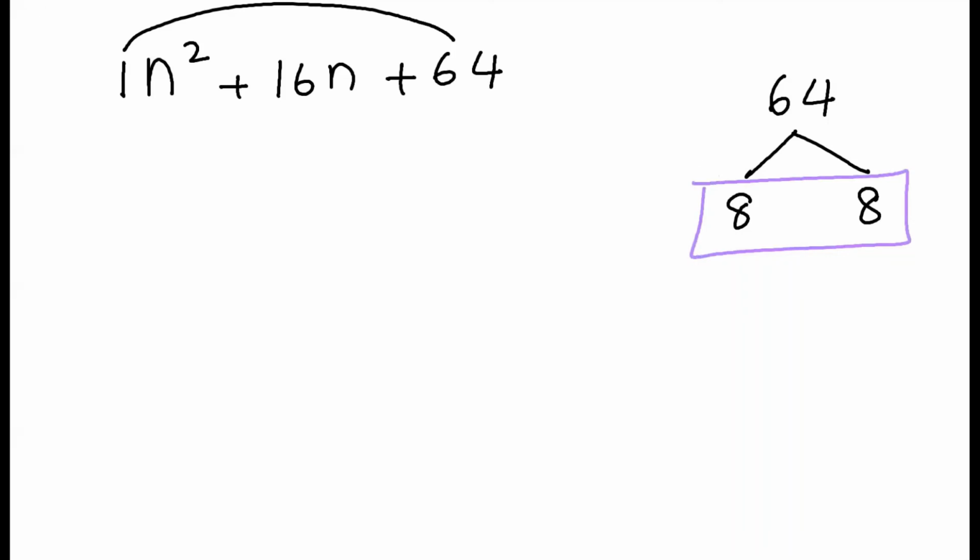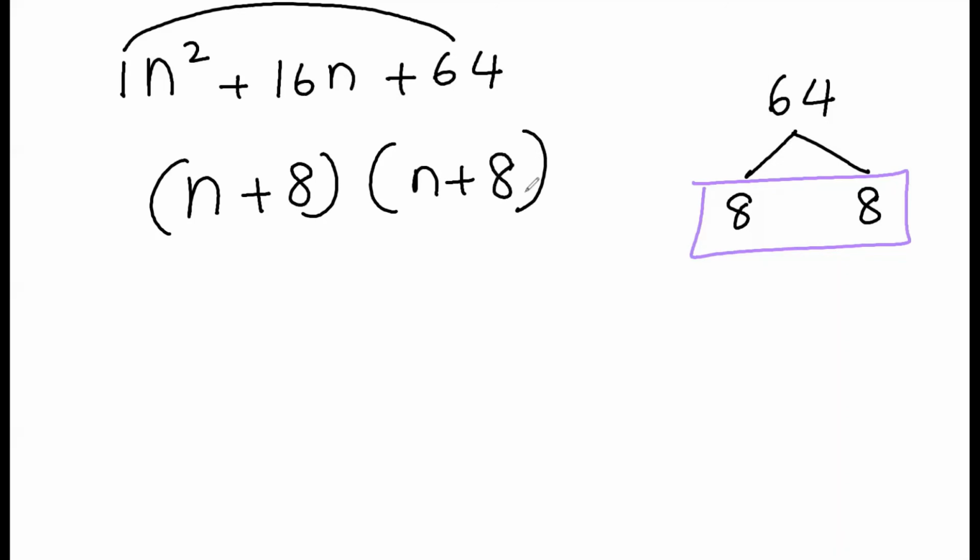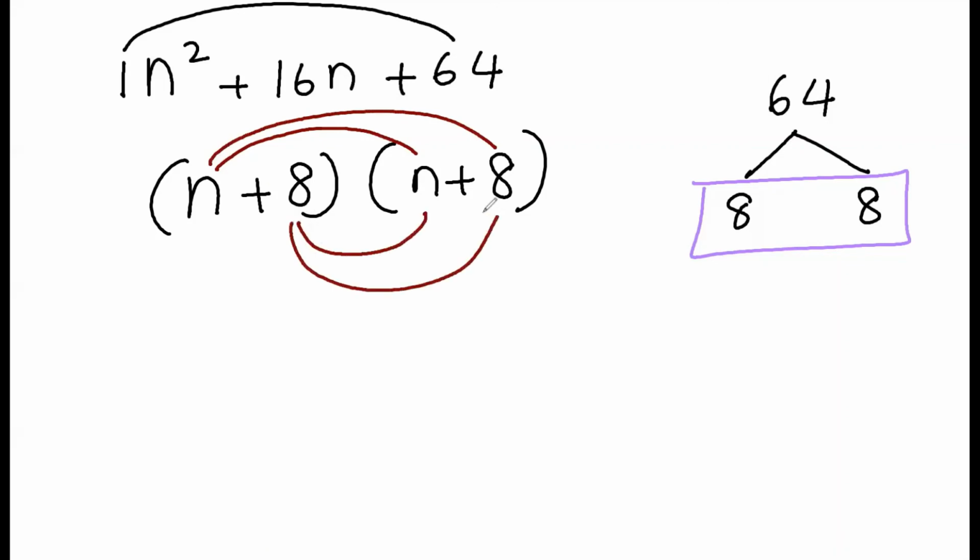Now, let's go ahead and write the factors. N plus 8 times n plus 8. Let's check. It's always a good practice to check your answer. So n times n, n times 8, 8 times n, 8 times 8. Now let's multiply. N times n is n squared, plus 8 times n is